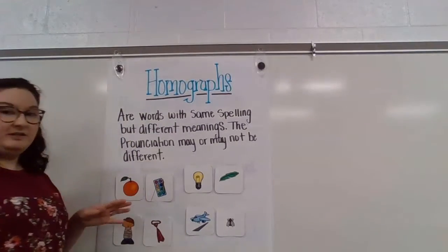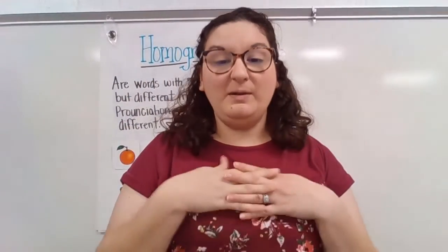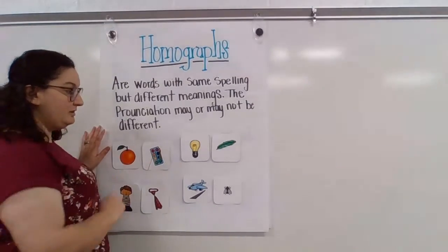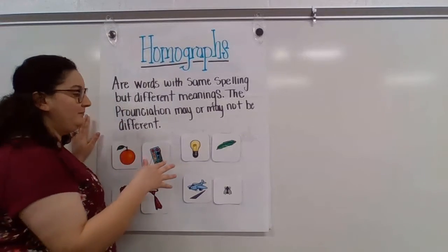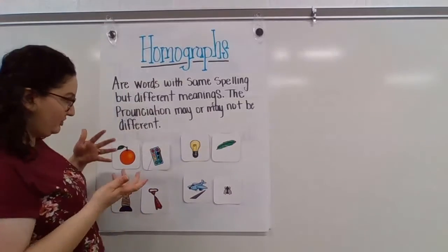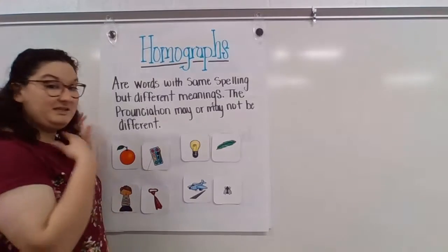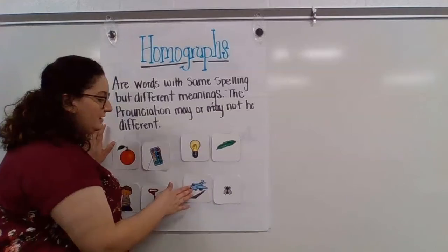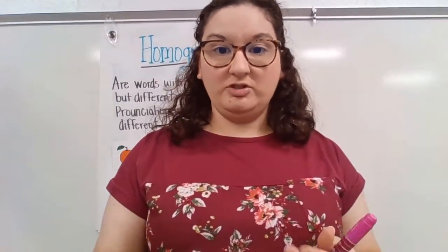So if you notice, all these words are spelled the same, they sound the same, it's just they have different meanings. So orange can mean the fruit orange or the color orange. Light can mean the light that comes from a light bulb or the sky. Light can also mean how heavy something is. So a feather is light, how much it weighs. Tie means you're going to tie something together, or it can mean the tie that you wear. And then fly, it can mean the insect, or it can mean when something's in the sky moving, like it flies. Okay, so today what you're going to do,